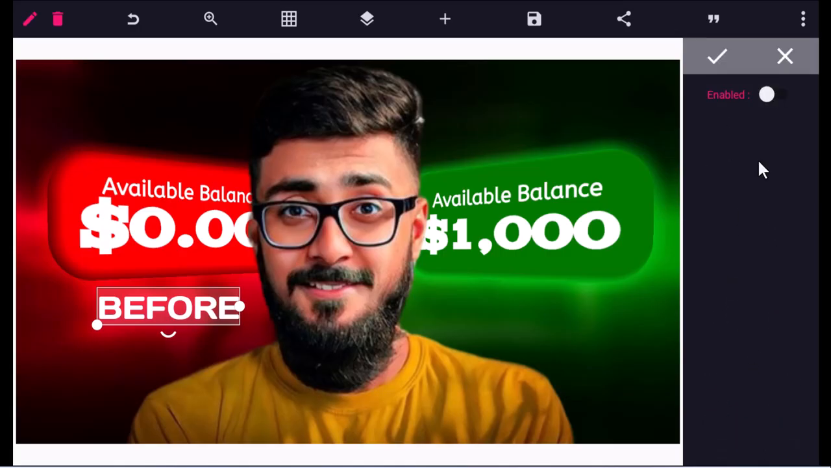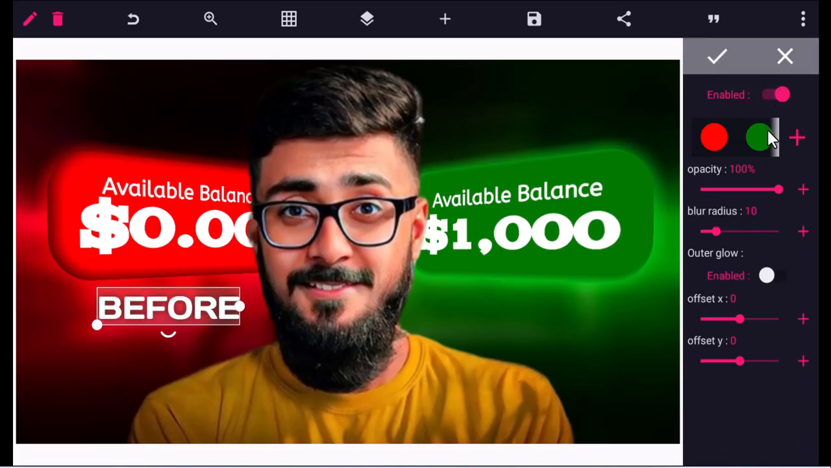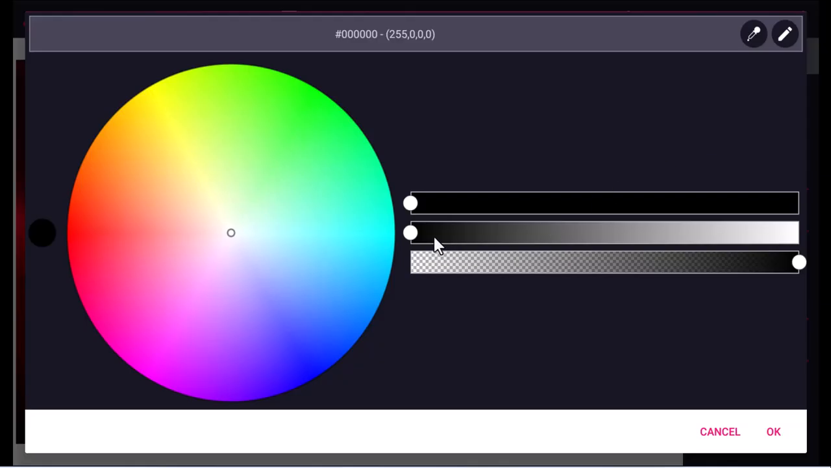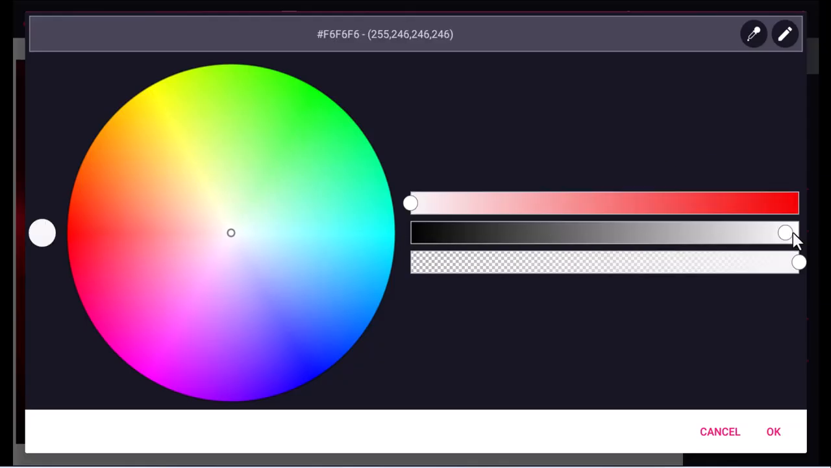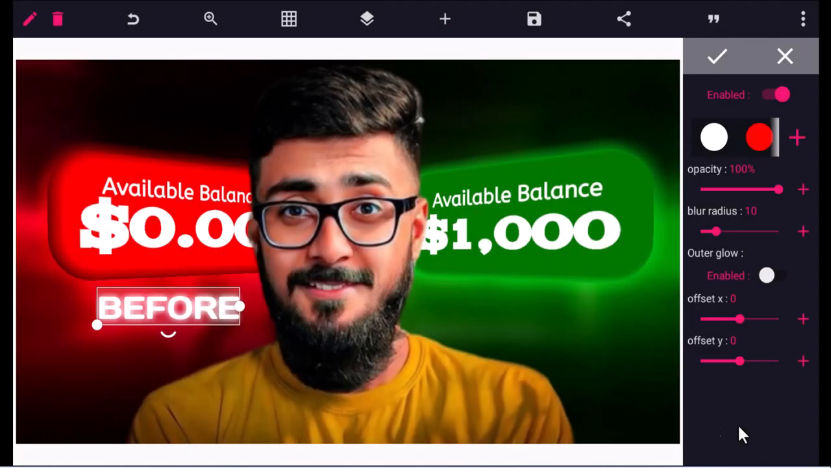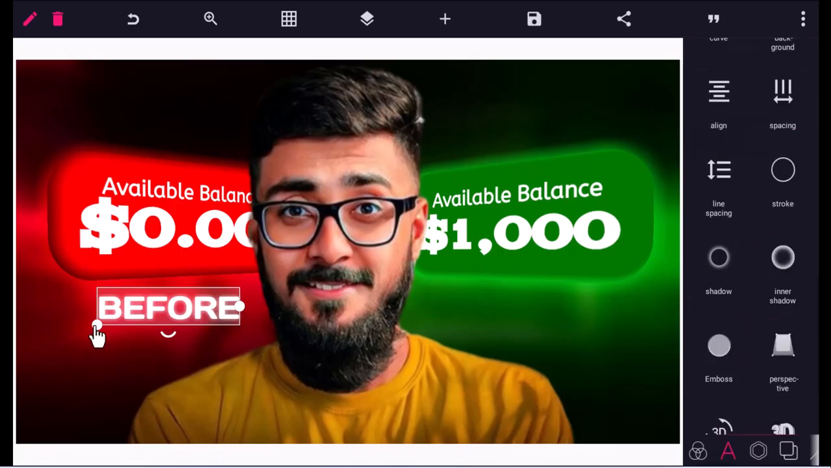So we'll just click the shadow effect, and we're going to choose white for it. So just drag this to this point and hit OK. So let's check, blurry. All right, you can see opacity. If you like, I can reduce the opacity. I think this is fine by me. This is before,